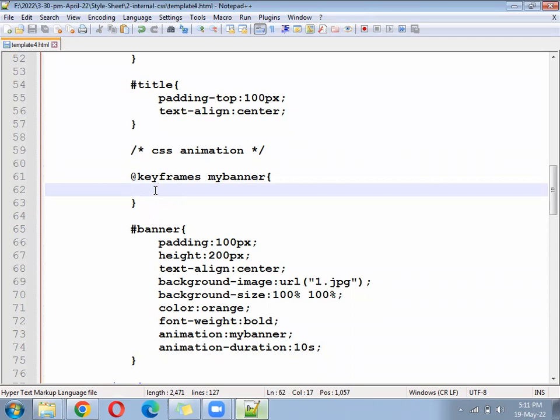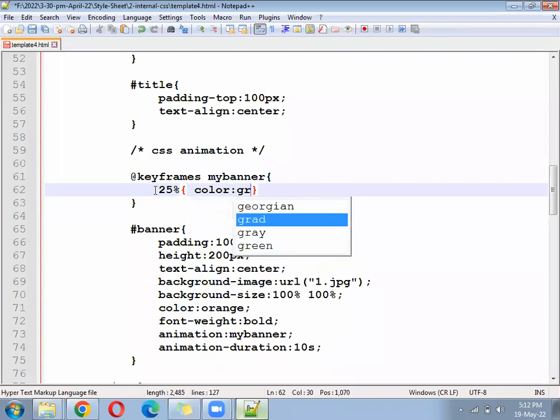Now we are going to do the calculation of 100%. In 100%, how many times you want to do something, you have to divide 100 by the number of times. Suppose the total time is 10 seconds. In that, if 25% of the time gets finished, that is how much? 2.5 seconds. So total we are considering 100%. In 100%, suppose 25% of the time gets finished, then change the color to